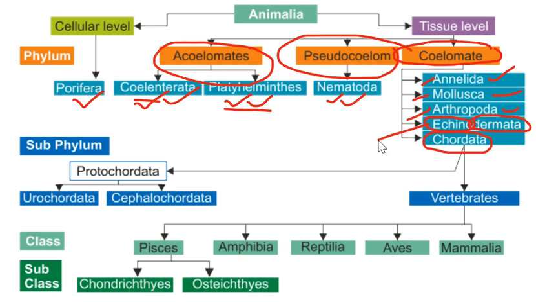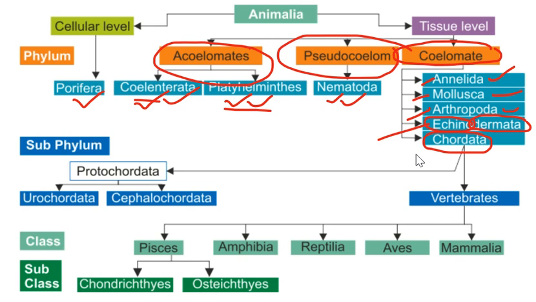Okay, so invertebrate animals, their main features are nerve cord present on the ventral side, heart on the dorsal side, and hemoglobin dissolved in blood. These are the common features of the invertebrates. So in case of these phyla which I have mentioned, they have these common features. But next I am going to discuss the vertebrates.